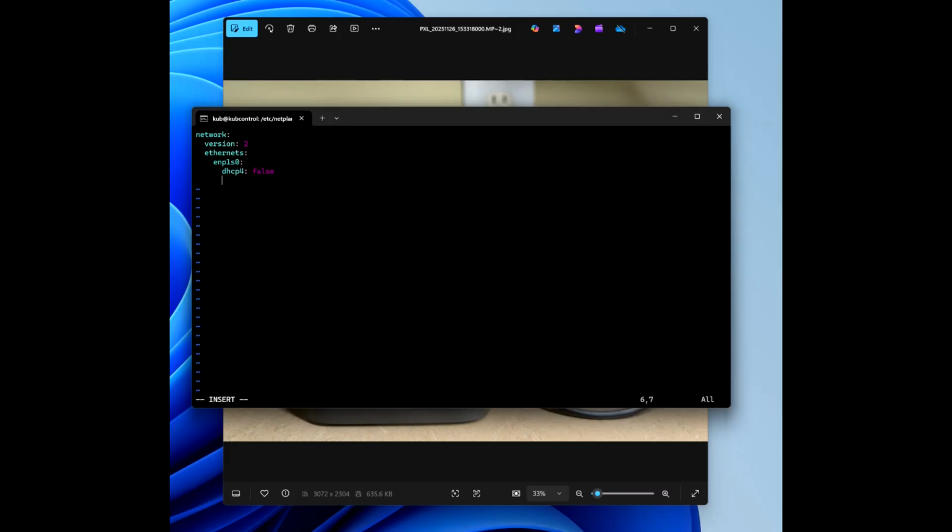The next thing we want to do is addresses, right? We want to add our addresses, or our static IP address, into this file here, which is addresses, colon, all right, enter, dash, and then the IP address. It's going to be that, and then the subnet mask, which is /24, and then we hit enter, and now we want to add our default gateway, which in this case here is called routes, right, colon,